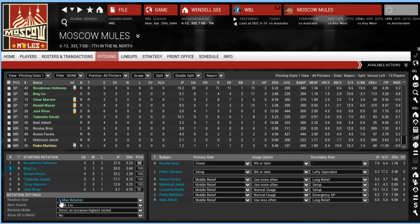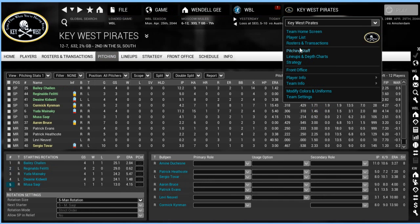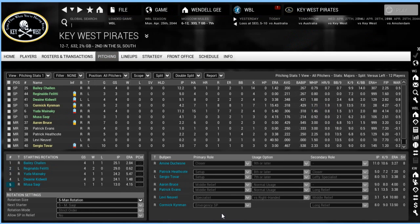Anyway, what I want to show you is I'm running a 6-man rotation in a strict order, on occasion using the highest rested individual. And that's in case the AI gets flaky and starts flipping people around and starting people out of order. Key West. Key West is running